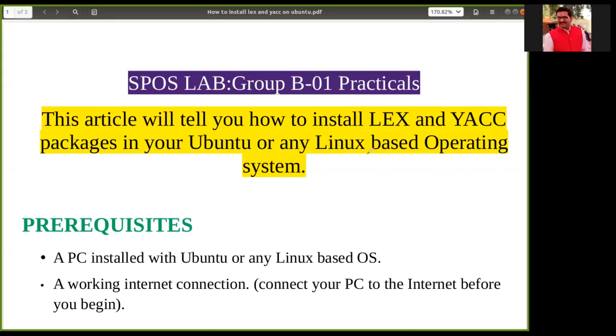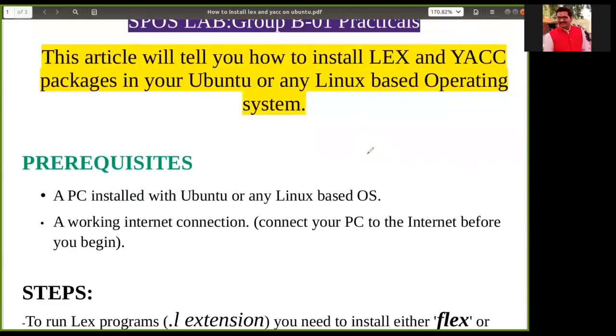Here you can see what we need to install the Lex and Yak packages. We need a computer with the Ubuntu operating system or any Linux based operating system, and a working internet connection to install these Lex and Yak packages.